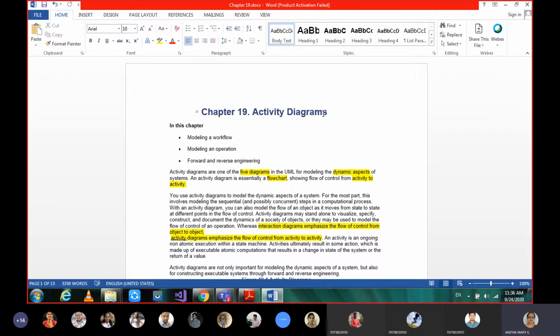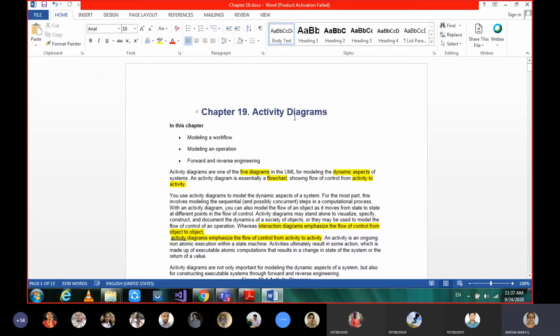State machine we have learned now: a particular state of an object, we say, is one of the different states of a process. I was telling you these examples earlier, like idle state, running state, stop state. So the state machine represents the state of a particular thing, and that is called a state. Each state can be an activity, so those will become the vertices for our activity diagrams.